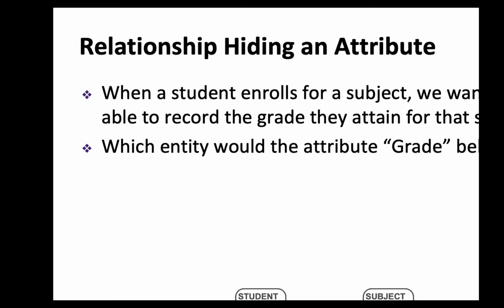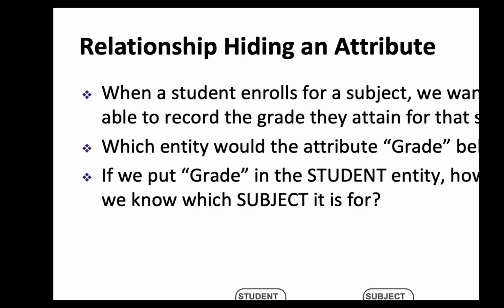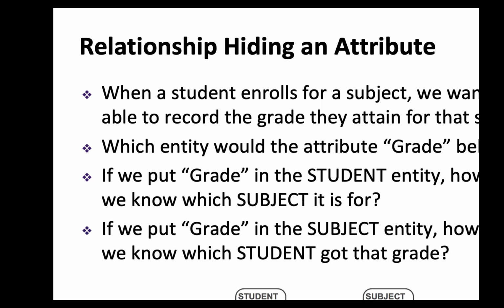Some other information. So if we put grade in the student entity, how would we know which subject it is? Obviously, if we are just putting A grade in student entity, we cannot know that A is for database technologies or for networks course or some other course, right? If we put grade in the subject entity, how would we know which student got that grade?